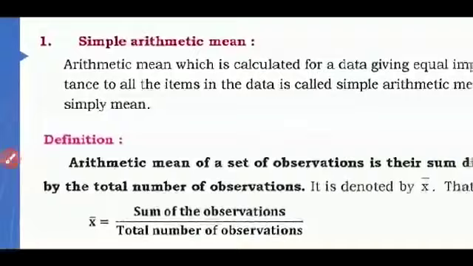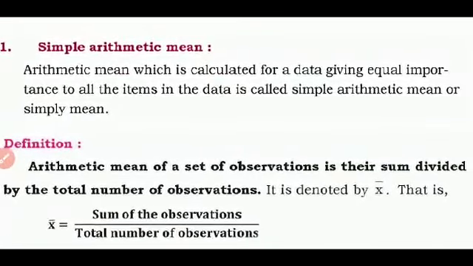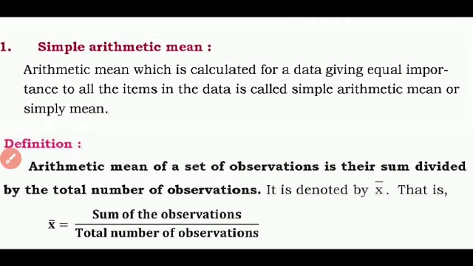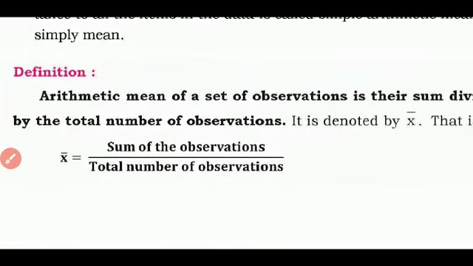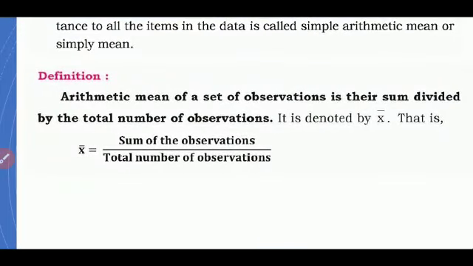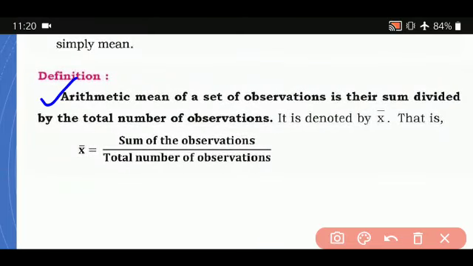So what is the simple arithmetic mean? Simple arithmetic mean, which is calculated for data giving equal importance to all the items in the data, is called simple arithmetic mean or simply mean. We will see the correct definition. How do we define arithmetic mean? Arithmetic mean of a set of observations is their sum divided by the total number of observations, and it is